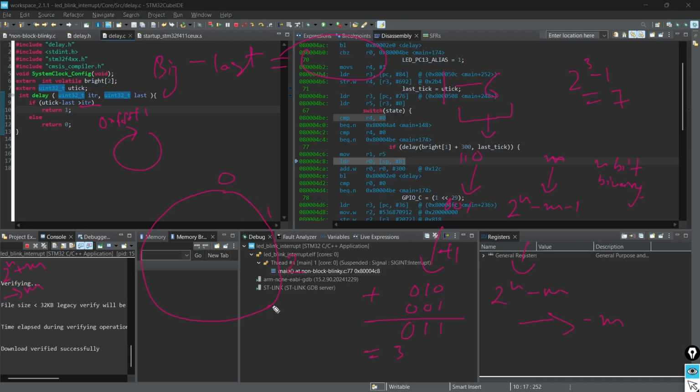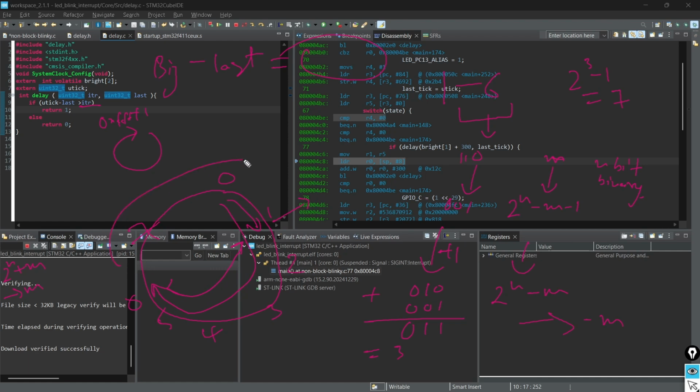1, 2, 3, 4, 5, 6, 7. You have 1 and you have 6. So this is the current tick value. This is the last recorded tick. Clearly, you can see the current tick value has overflown past 0. But still, if you subtract it, it will not take this distance.